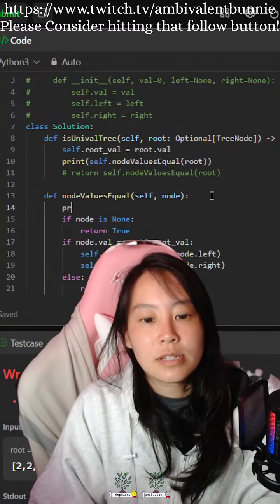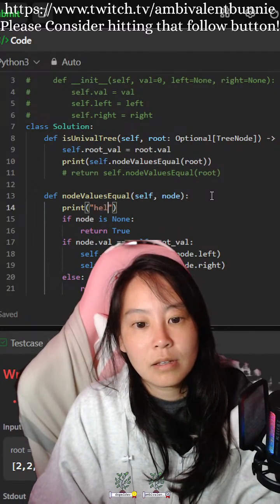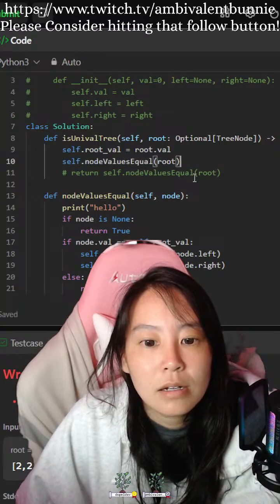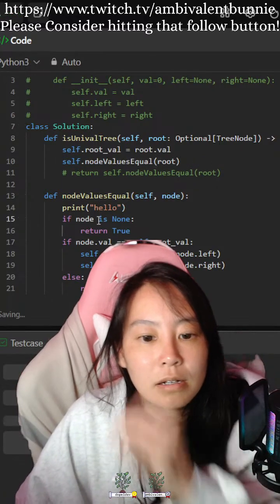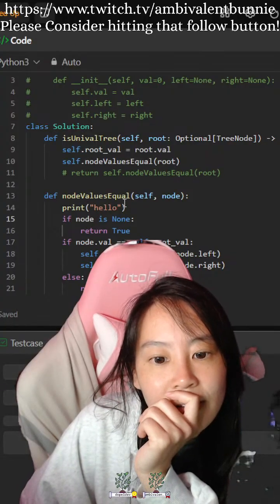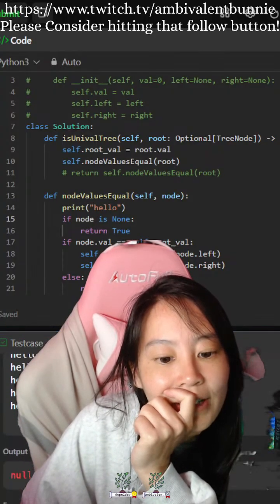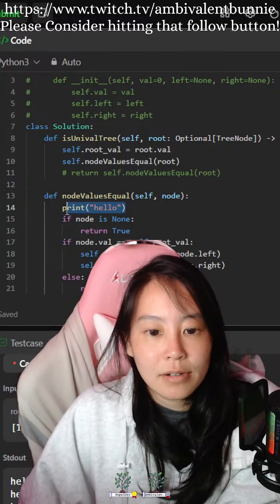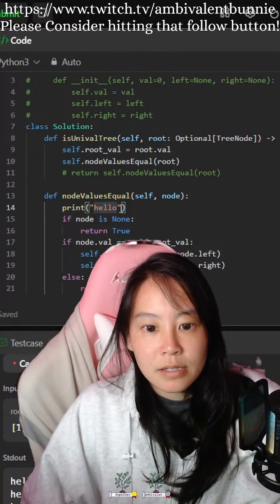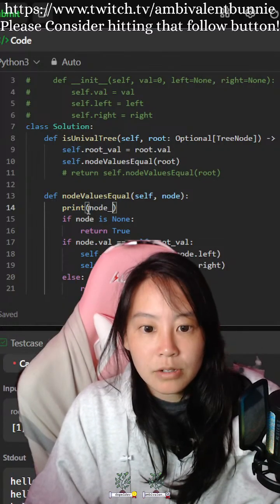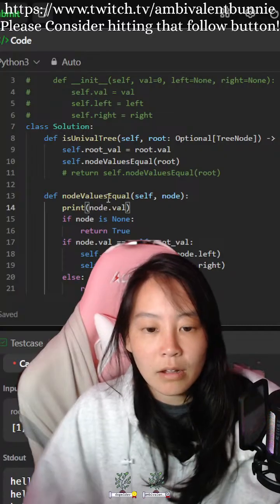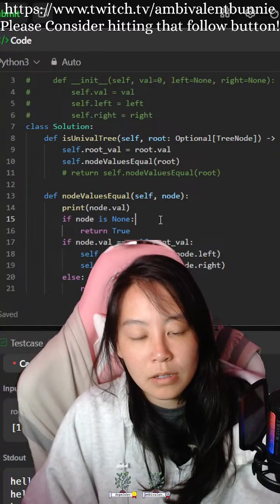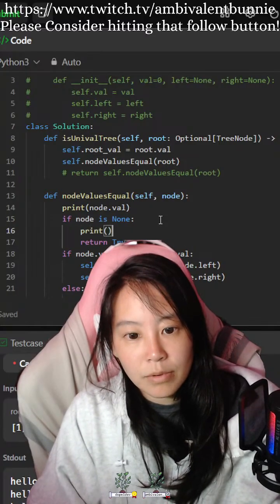Okay, I want to just see something. I don't think the node values equal is actually doing it. Oh, okay, it is. Hold on. Okay, so let's print node.val.